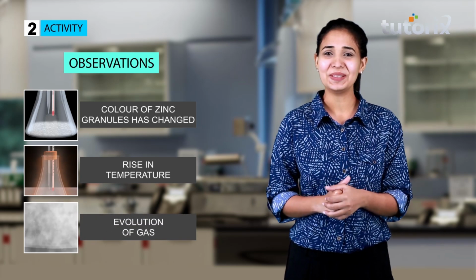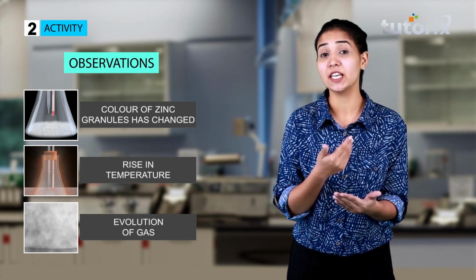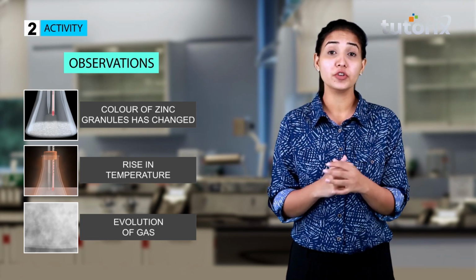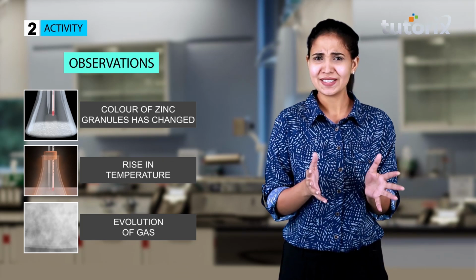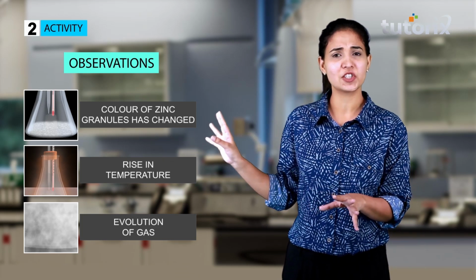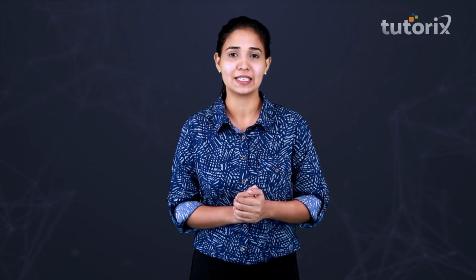And what did I say in the beginning? I said we have to see that some indicator is there or not that is going to tell us the chemical reaction has occurred or not. So can we say in this case that a chemical reaction has occurred? Well, yes, we can say that because there are some changes that totally indicate some chemical reaction taking place.